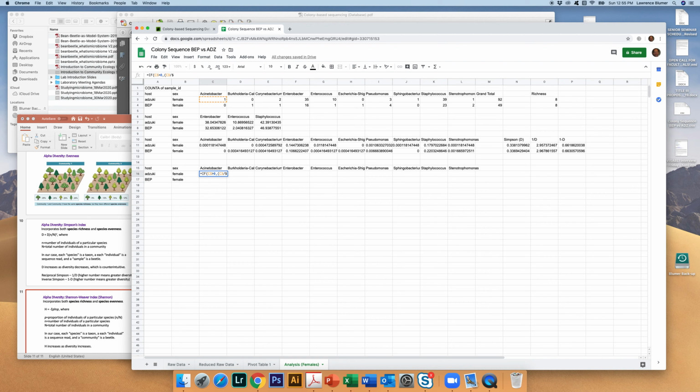Use the $ sign so that we keep that grand total value the same as we drag across. So we're going to divide by M3. So it should be $M3. Make a close paren. But then we want to multiply that by the natural log, that's ln, times,